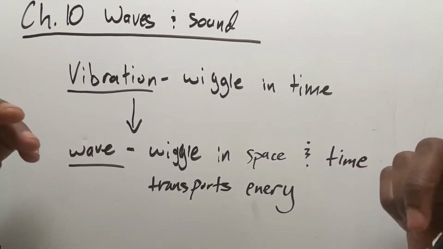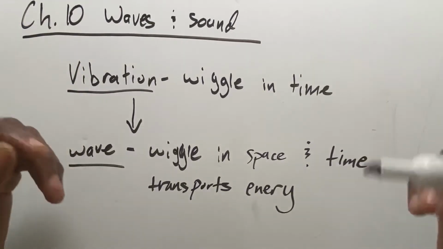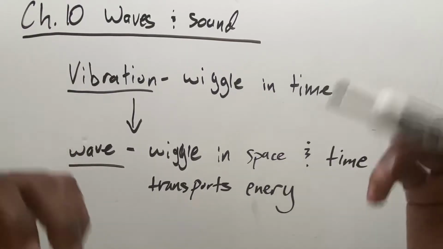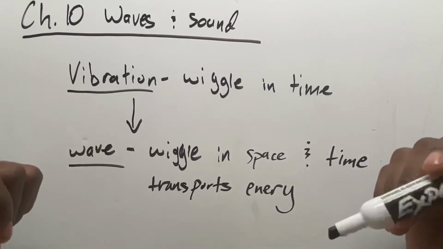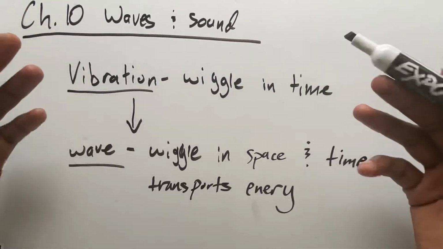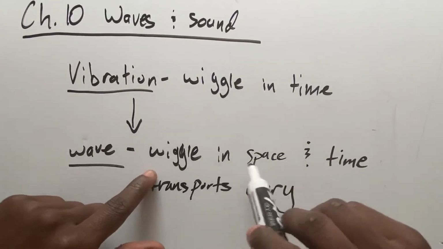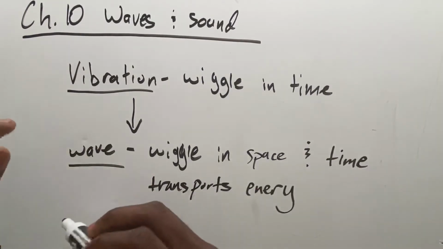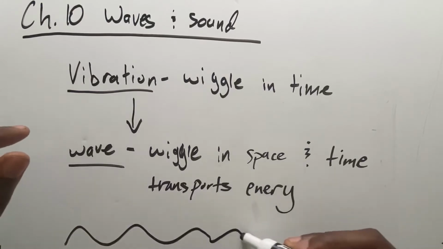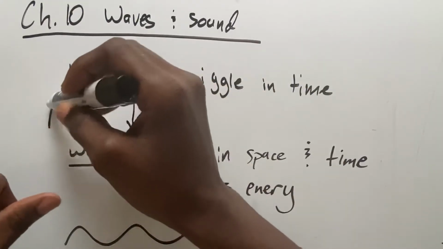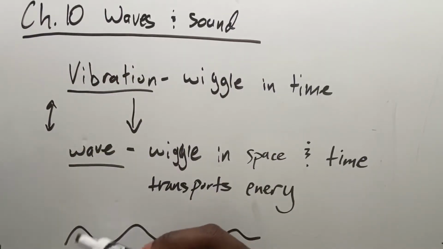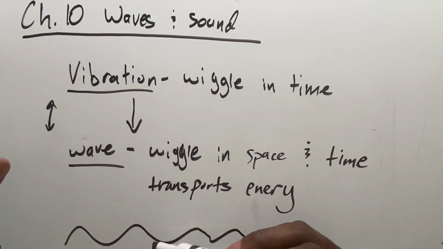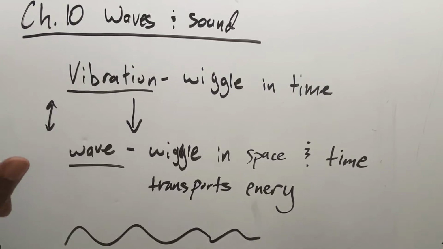So we know basically everything is vibrating on the molecular level, right? Because molecules are always vibrating. And those molecules that are vibrating are giving off waves, which are basically vibrations in space. Obviously a wave looks like this, whereas a vibration can just be something that's shaking up and down. But this is like an up and a down, but going in space. So it's like going up and down, but I'm also moving to the right in space.